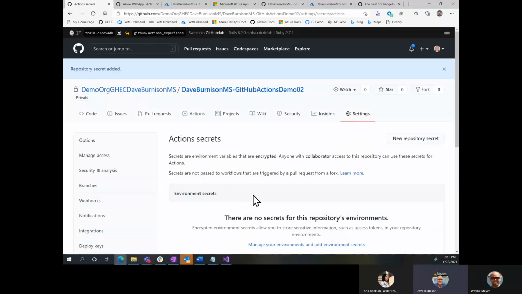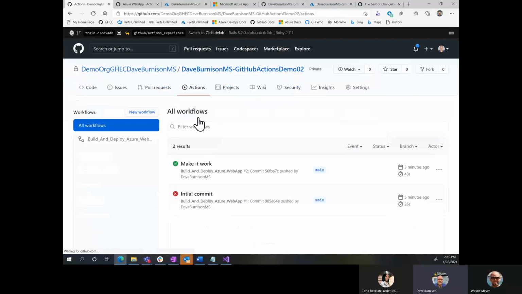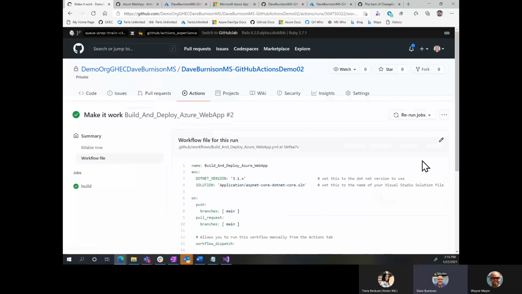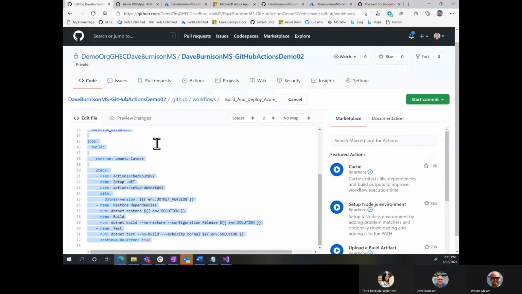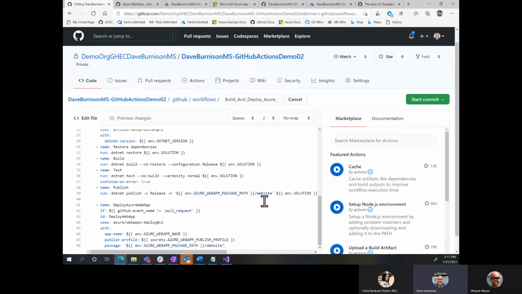All right, so a little time has passed here. Let's go back and make sure that last action ran. So we built, and we know we're all good here. So let's go back in and edit that file. We've set up our dependencies, so now I can pull in the steps that I need for my deployment, and drop that code in here.